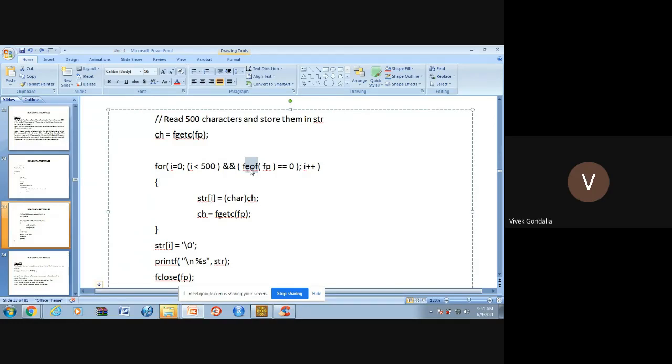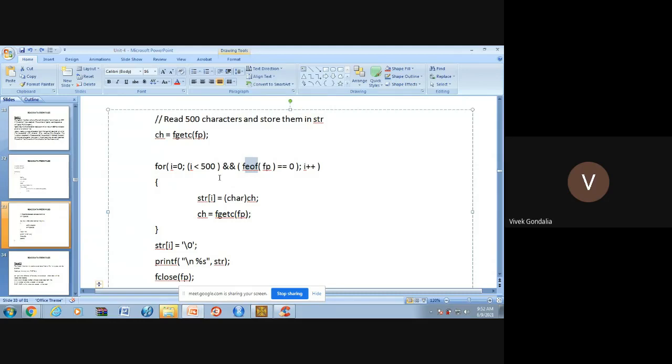Whenever feof(fp) is equal to 0, it means some data is still there. But whenever this function gives you a non-zero value, it means there is no data after that. Clear? It will start from 0, 1, 2, 3.